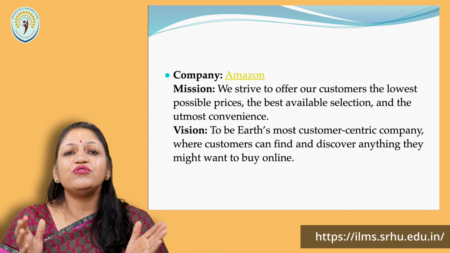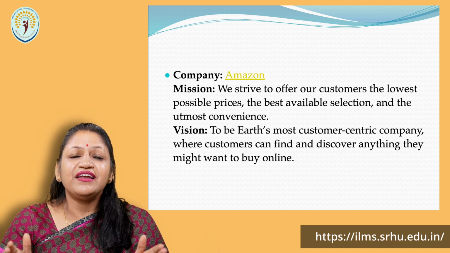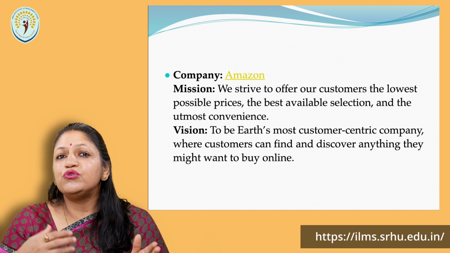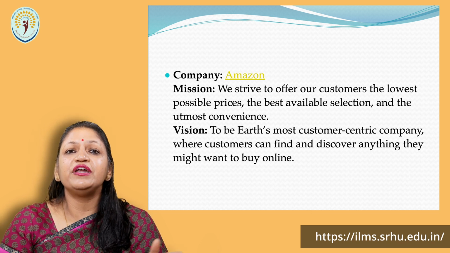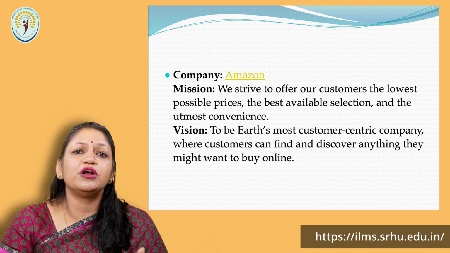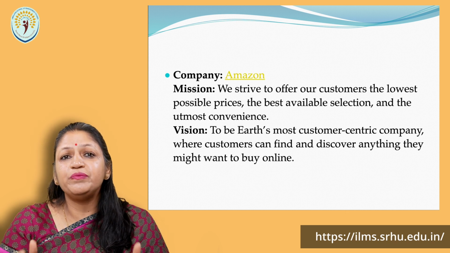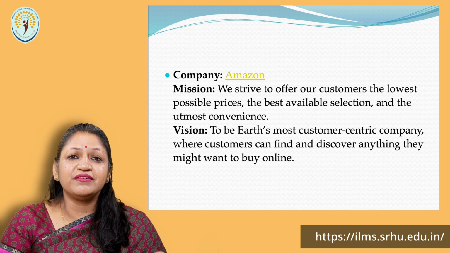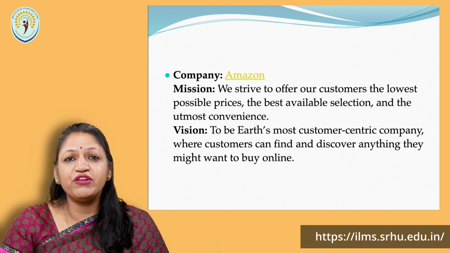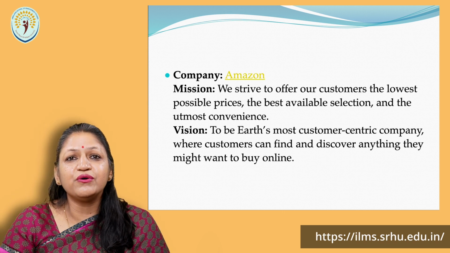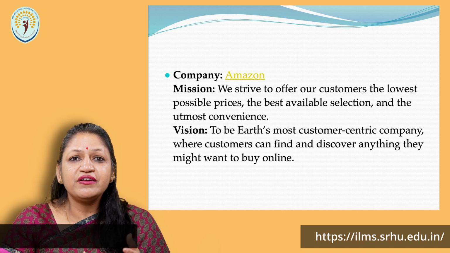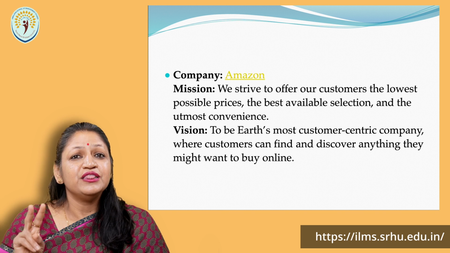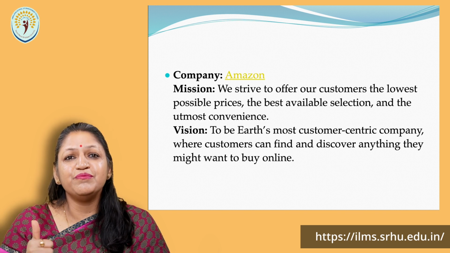And this is the vision of Amazon, that it does not want the customer to go to any other website to order. Whatever is available in this world, in this universe, that should be there on Amazon. And I think to a great extent, Amazon has been able to do it. What we think about, we can find it on Amazon. So whatever is happening within Amazon is going to be based on these two things, that is the mission and